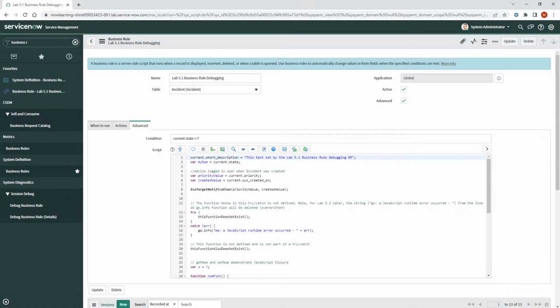So next we are going to go into section B on page 219, which is practice using the script debugger, breakpoints and variables. Here what we've been asked to do is click on the far right hand option, which is to open the script debugger. So if we click on that,